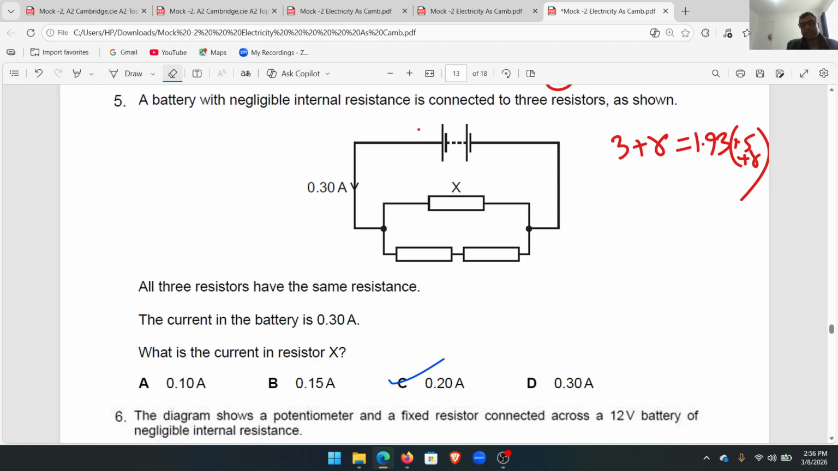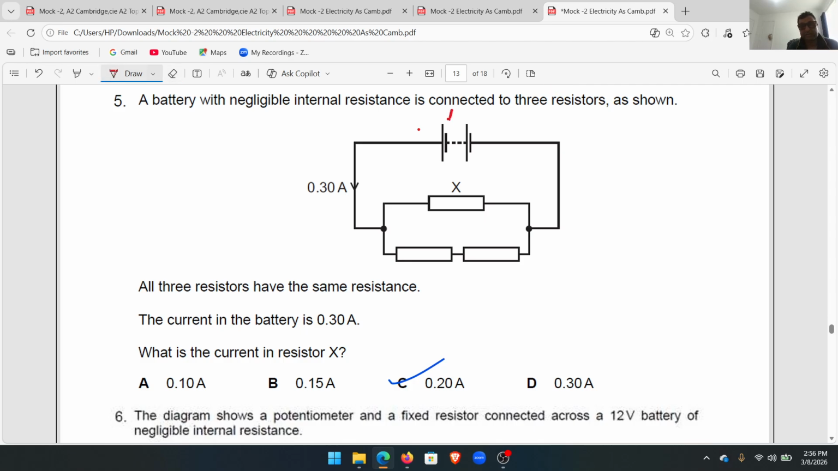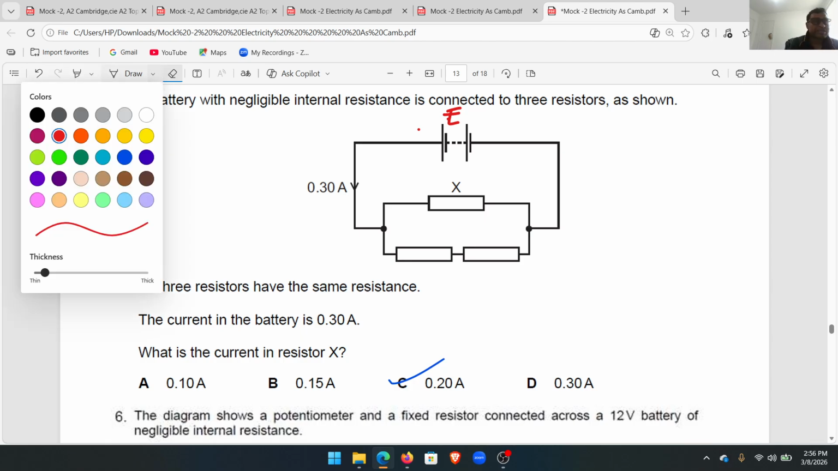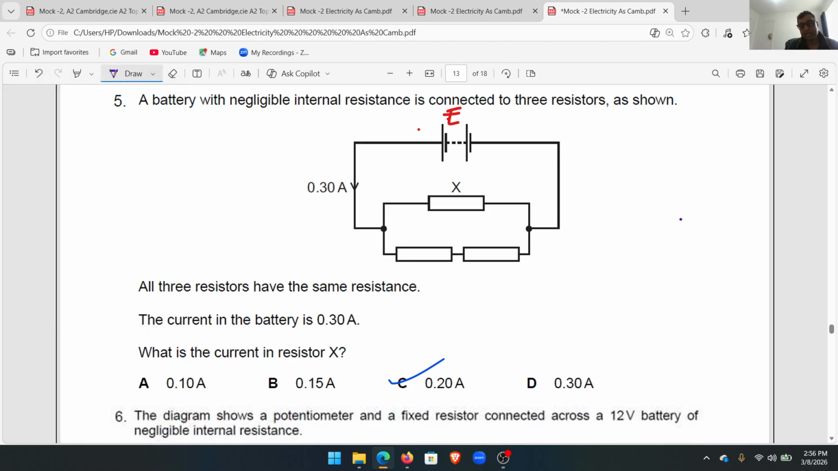A battery has negligible internal resistance. When the statement says there is no resistance inside, then the EMF is constant and all the EMF is given to the output, right? If it is 12 volts, all will go to the output. We don't know what the voltage is. Read the question first. With 3 resistors of the same value, the current is 0.3. What is the current in the resistance? Good. In this case, this is better: choose any value of your choice. If you think 10 ohm each,